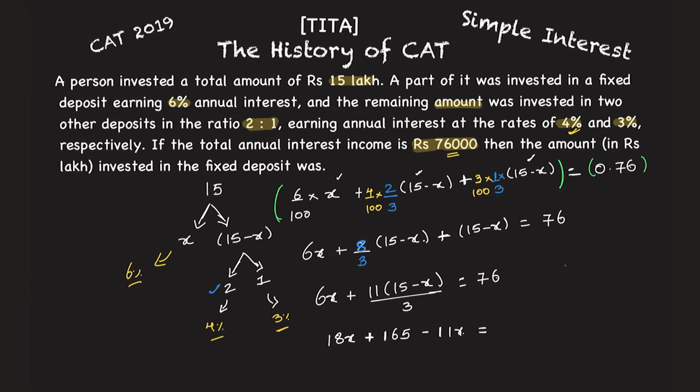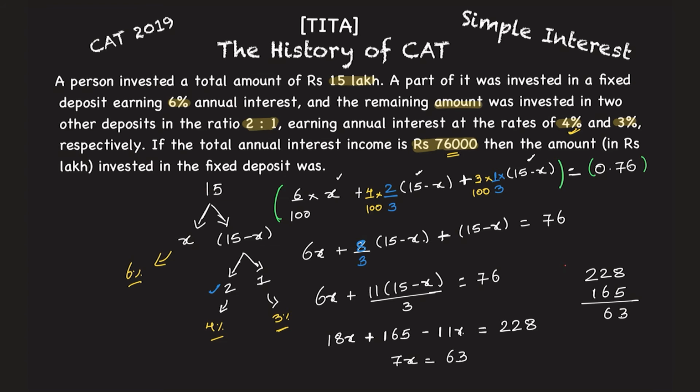So let us just bring the 3 here. So this becomes what? 6 into 3, which is 210 plus 18, that is nothing but 228. So this is 228. Now what will you do? This is 18x minus 11x, which is nothing but 7x. So 7x equals 228 minus 165. Okay, 165. So let's write it here. What is this? 8 minus 5 is 3. Then this is 16, 65, 70. This is 12, 6, 63. 63 is what you are left with.